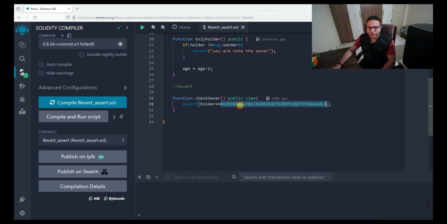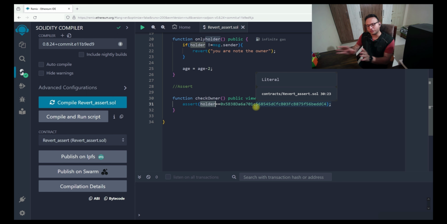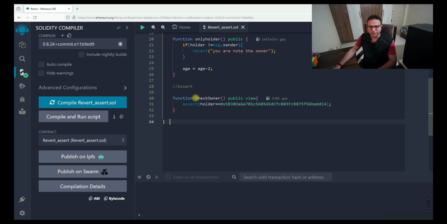So the address here is the one we are giving from our side, and this is for the msg.sender itself. If this is equal, then as we discussed in the case of assert, while the condition is true, everything is working fine. Once the condition becomes false, the transaction and even the state variables get reverted. That's all about it, and this is a function which we are defining as public and as view, as we are not changing anything, we are just trying to